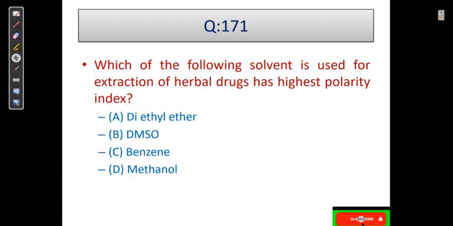Which of the following solvents used for extraction of the herbal drug has the highest polarity index? डाइथाइल ईथर, डीएमएसओ, मेथनॉल और बेंजीन। ये दोनों में थोड़ा बहुत कंफ्यूज हो सकते हैं, पर इसमें भी डाइमिथाइल सल्फोक्साइड ही ज्यादा आएगा।